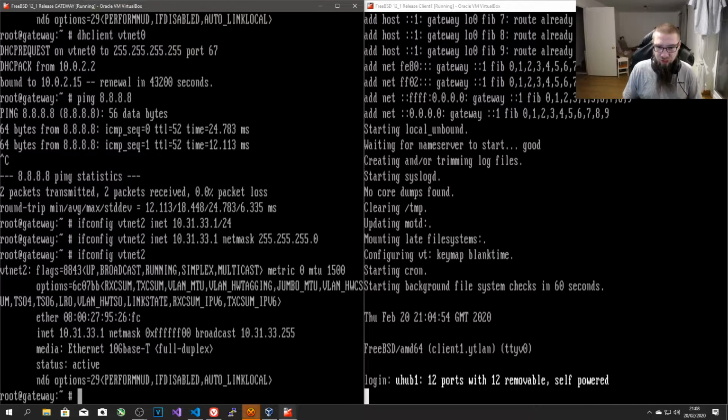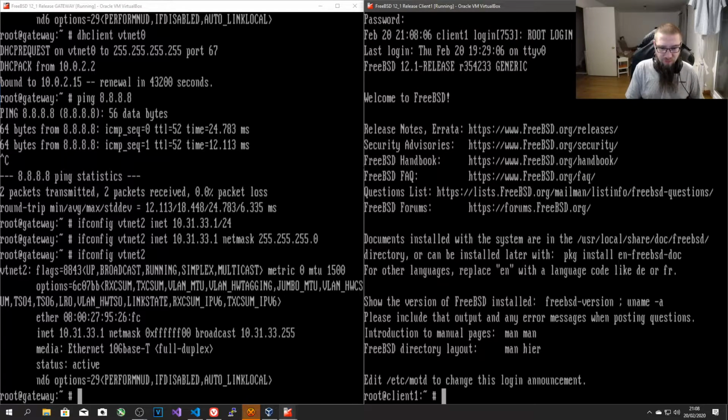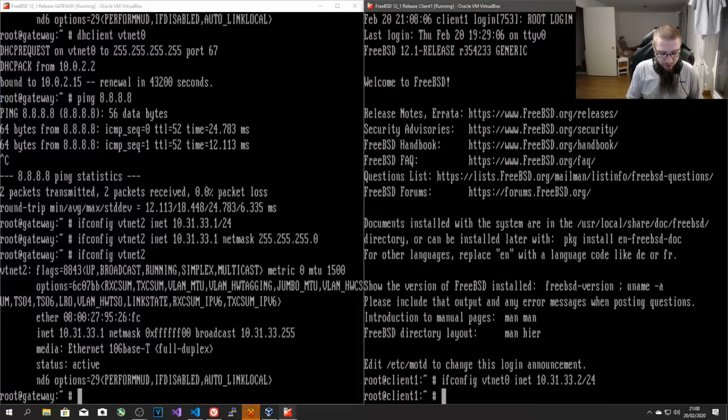I'm going to quickly log on to our client machine here and log in. And I am going to manually assign it an address within that range. Now this one has only got one network adapter, so vtnet0, and it's inet 10.31.33.2/24. From here I should be able to ping the gateway